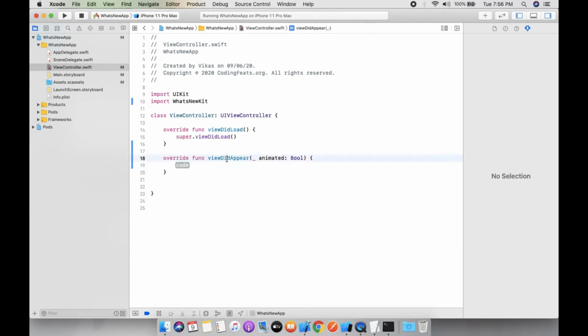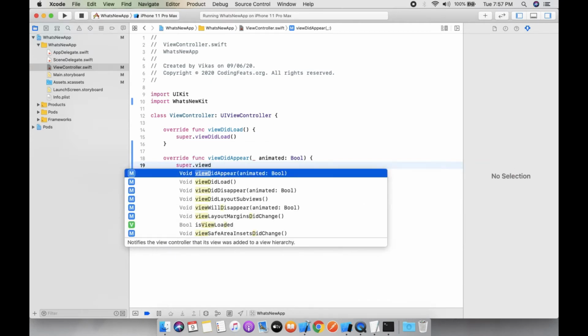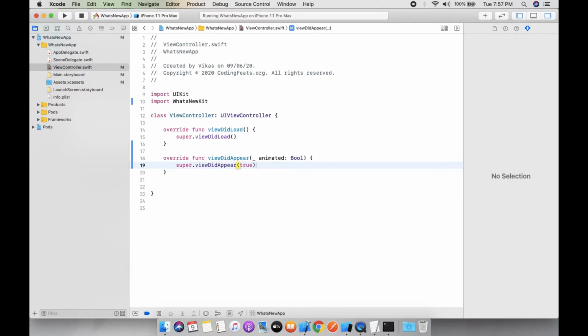Because this function loads after viewDidLoad. So once viewDidLoad is completely loaded, after that we need to pop up our new screen. So super.viewDidAppear animated true, and now here we will write the code for this.